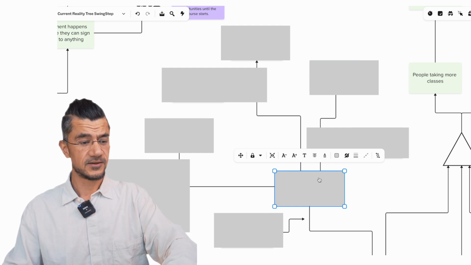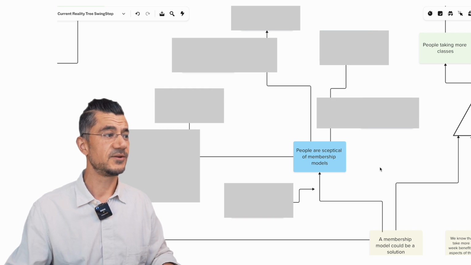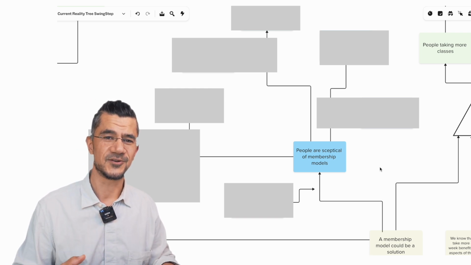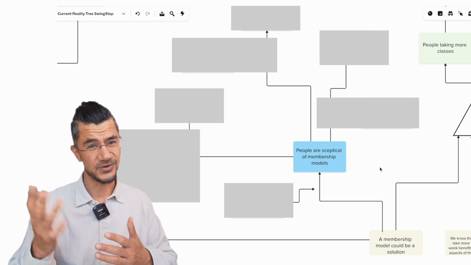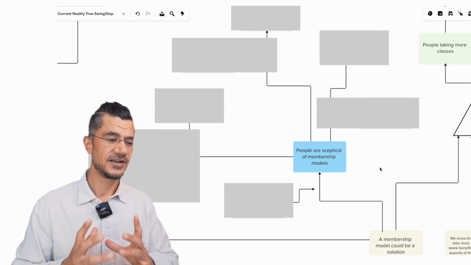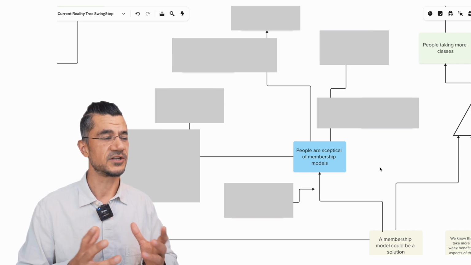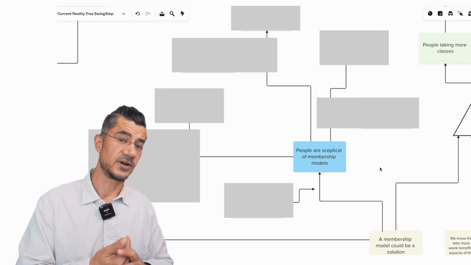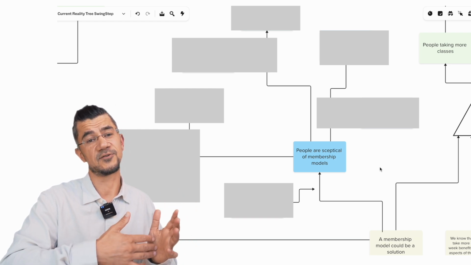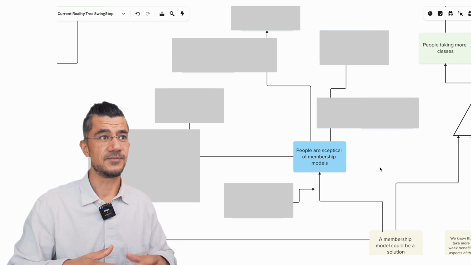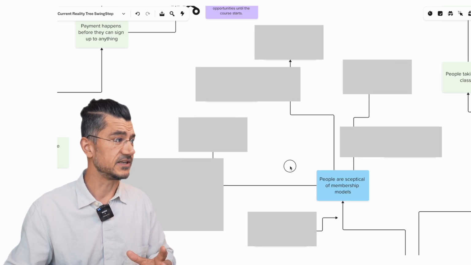And now, of course, there are negative branches we had to pay attention to. And one of the most important ones was people are fundamentally often skeptical of membership models. Now, this is partly today, everything is going in the membership direction. So actually now it's becoming more and more standard in many different industries. So people don't think so much about it. But at the same time, I know it from my own gym, I'm locked in. Like if I cancel my gym membership and move away, I still have to pay to the end of the term, which they make it actually even hard to understand when it is. So we had to trim these different challenges.